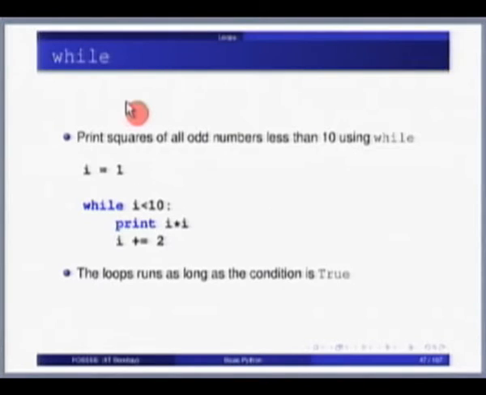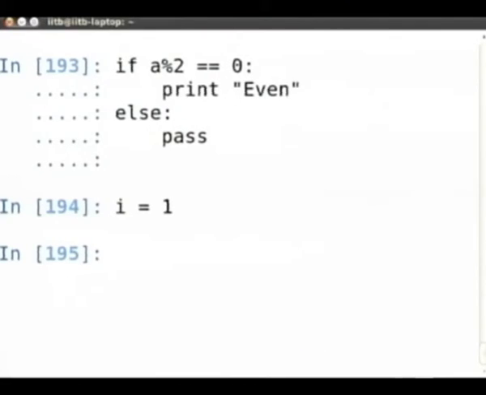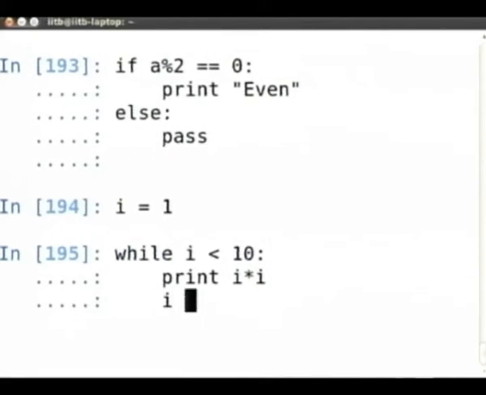So we look at the while loop. So I'll show you the simplest while loop that's possible. Let's print the squares of all odd numbers less than 10 using while. Okay. So to do that, first set some variable I to 1. While I is less than 10, print I star I, I plus equals